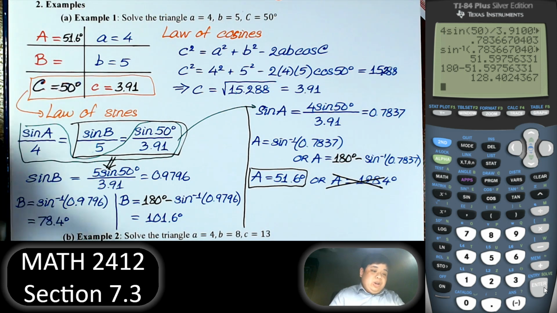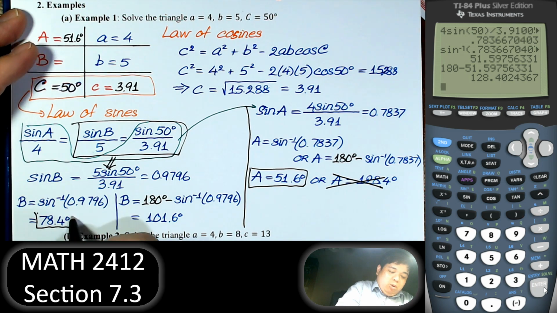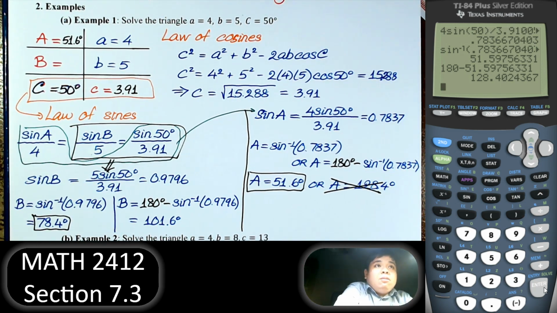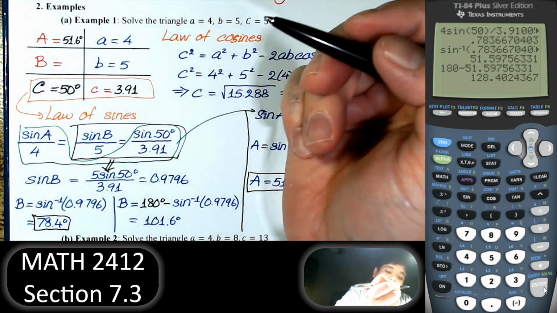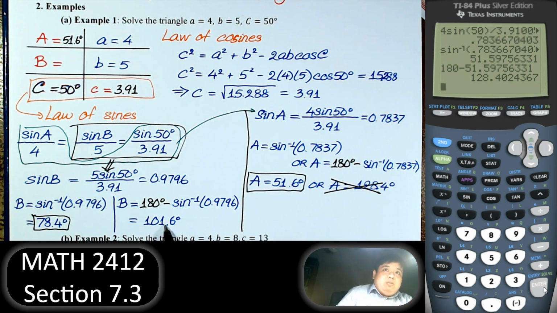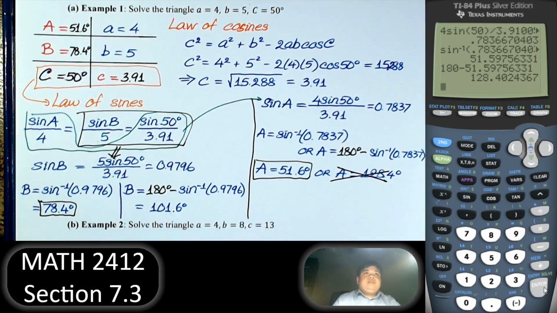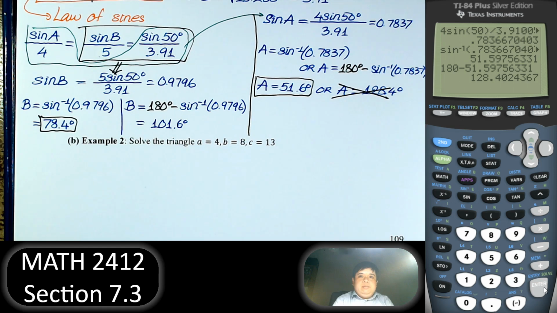And then because we know the others, the other one has to be 78.4, because we just subtract from 180. Yeah. So even though we have two answers, of course, we can do the other case to find it out. That is 78.4. So that's good, right? So the point here is whenever we use the law of sine to find the angle, there